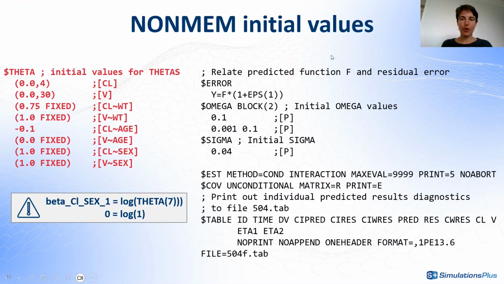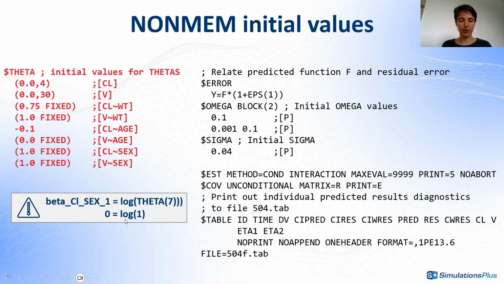Then let's talk about the initial values. First, the initial values for the thetas. So here I see that I have some initial values and also some values that are fixed. I can reuse the same values in Monolix, but I need to be careful that we have a slightly different definition between theta 7 and the beta that we have in Monolix. So our beta in Monolix corresponds to log of theta 7. So if theta 7 and 8 are fixed to 1, actually I would fix them to 0 in Monolix to